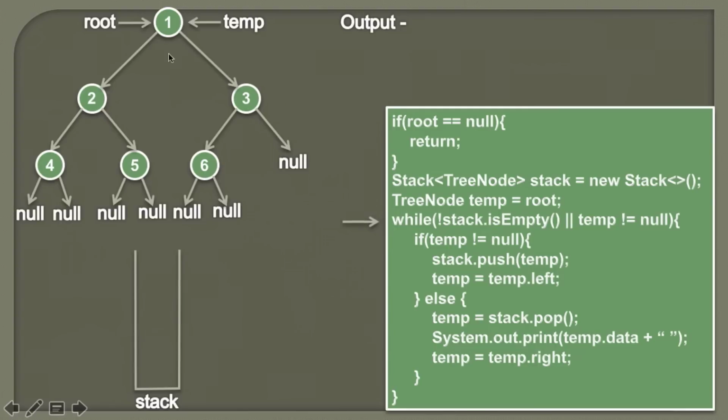So friends, in order to traverse this binary tree using in-order tree traversal, we use a while loop, and inside this while loop we are placing two conditions. We iterate this while loop till stack is empty and temp becomes null. Currently you can see stack is empty, so the condition comes out to be false. But you can also see the temp is pointing to a node, therefore it's not null. So the second condition comes out to be true. And as there is an OR operator between these two conditions, the overall condition comes out to be true. So the while loop executes.